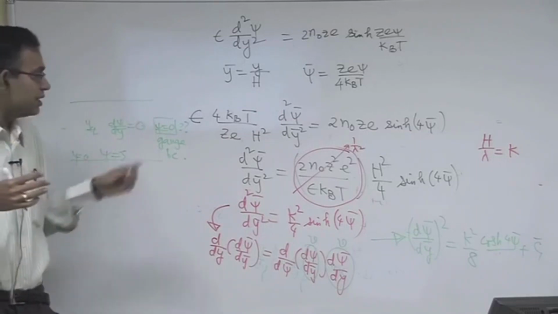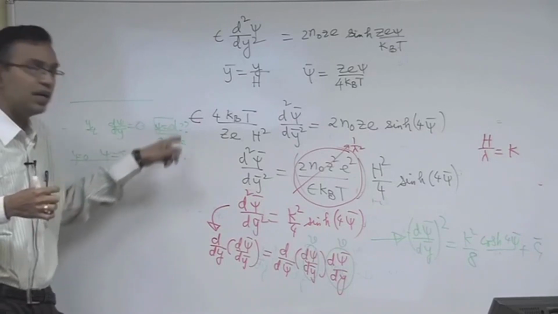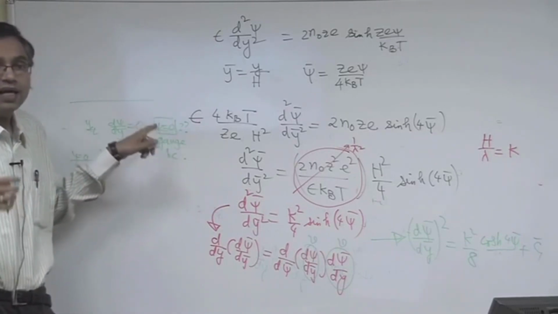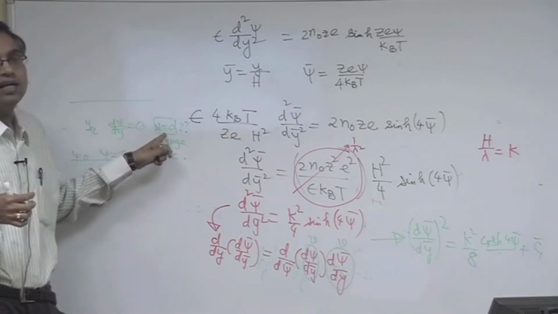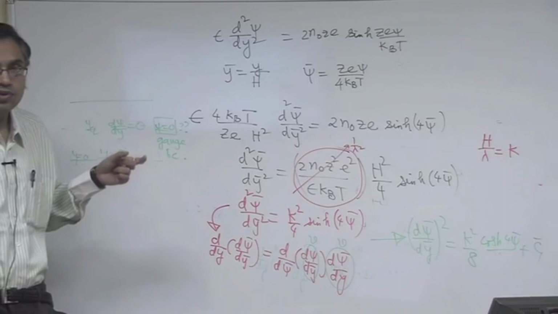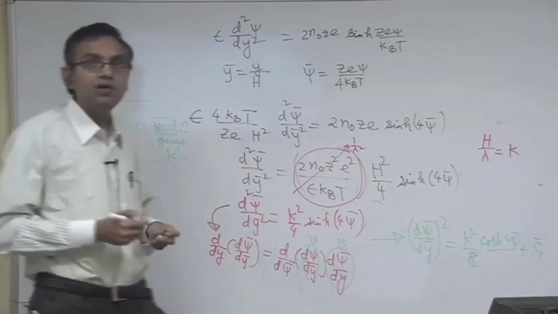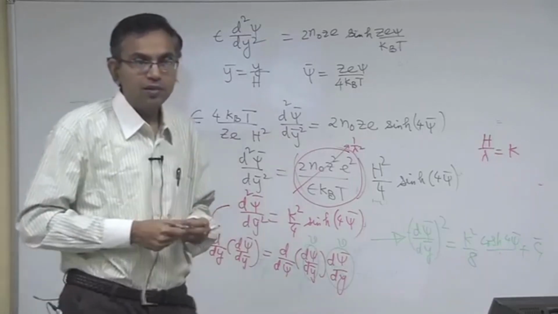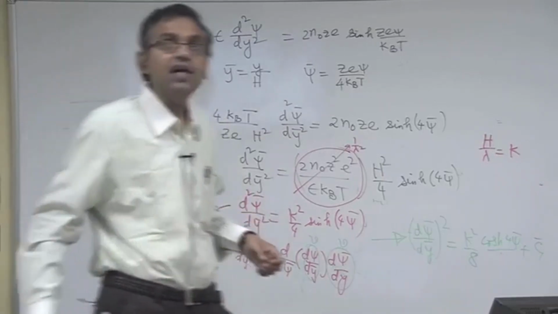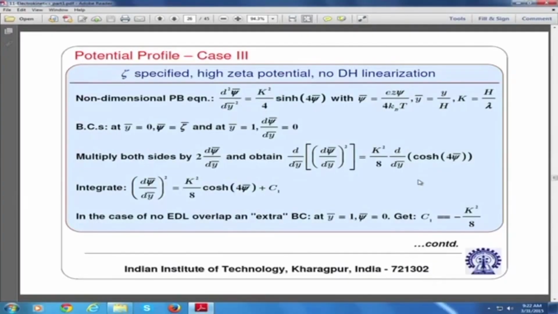But there are situations when this gauge boundary condition cannot be imposed, like for example you do not know what is the psi center line and it depends on other parameters of the problem. Then you can say that this kind of treatment will not be appropriate. But assuming that the gauge boundary condition is valid, we will go to the slides now and continue with this C1 equal to minus k square by 8,